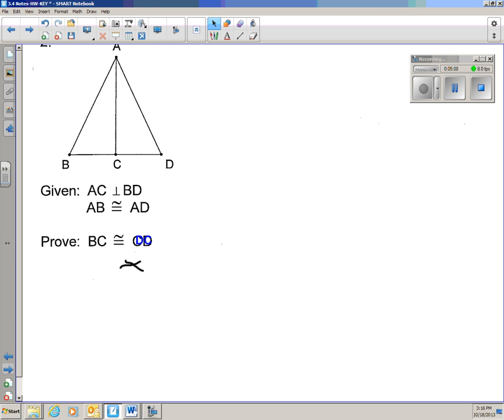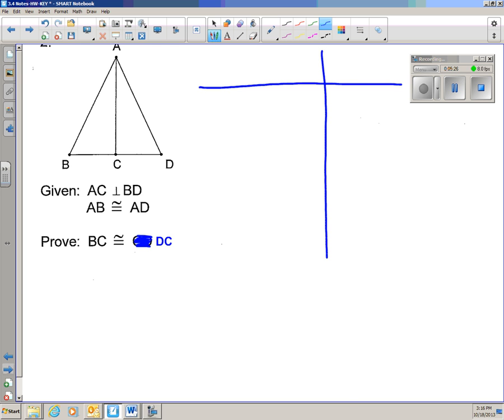We're trying to actually have you prove that BC is congruent to DC. I tried to cross this out and fix it, and that's okay, but I think hopefully your paper is corrected. This should actually be congruent to DC because we want the corresponding parts to match up. So if we start on this proof,